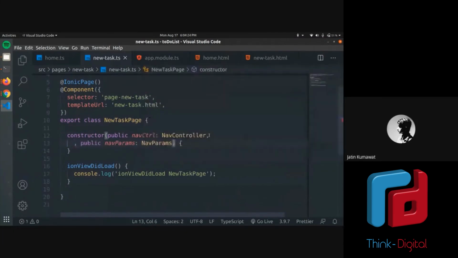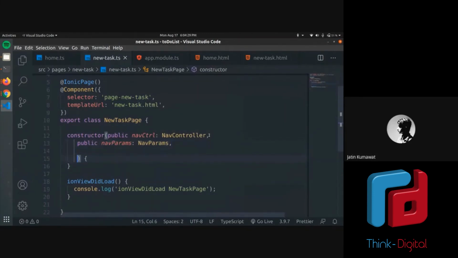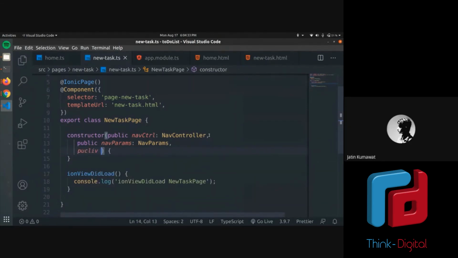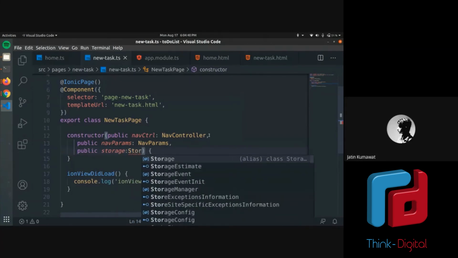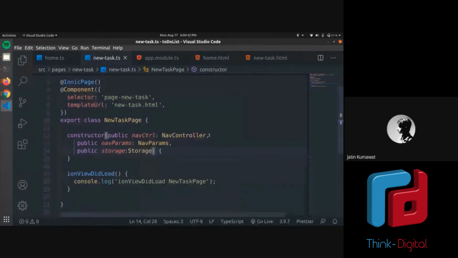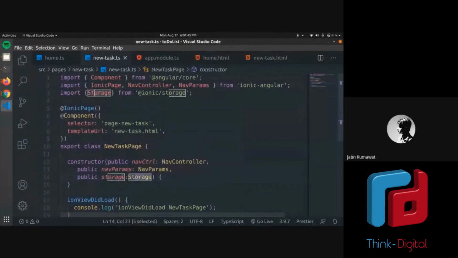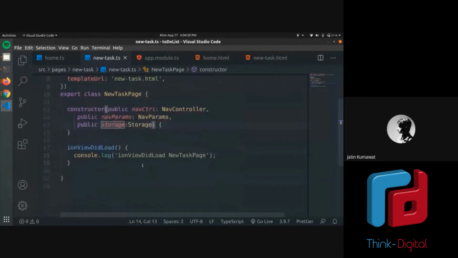I will add public, since it's accessible from anywhere, and give it the name storage, and then the name of the file I have imported. This is the variable which I will be using now to store the value.